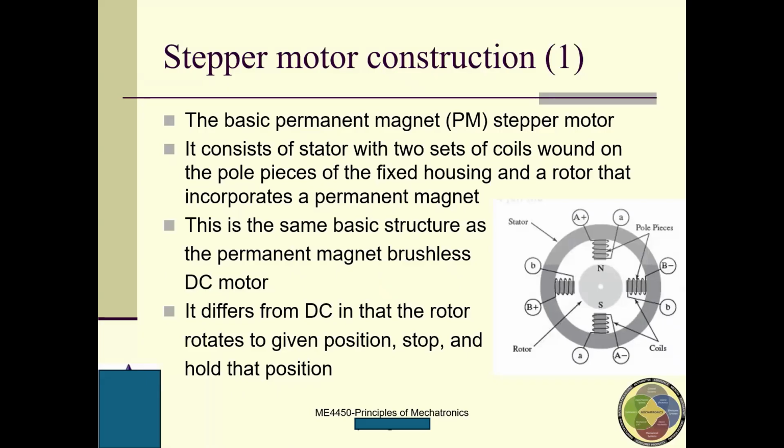This guy is a rotor. Rotor means it rotates. The outside housing is a stator. Stator means that this guy remains stationary. This guy does not move, does not translate, does not rotate. This guy is rotating. For this specific case, we have 4 poles, 4 pole pieces, 1, 2,